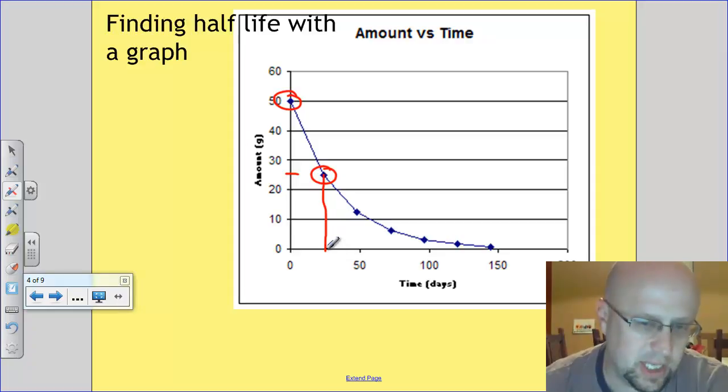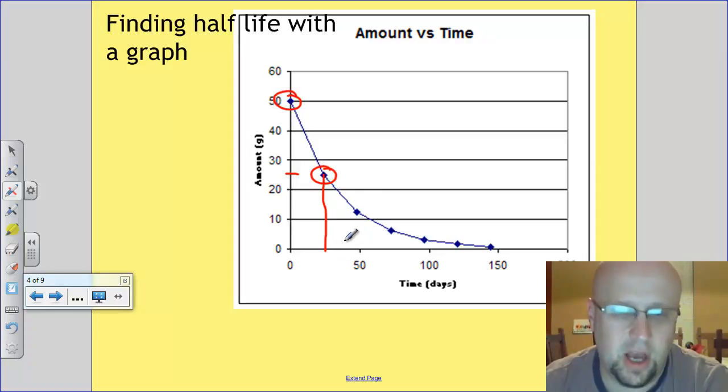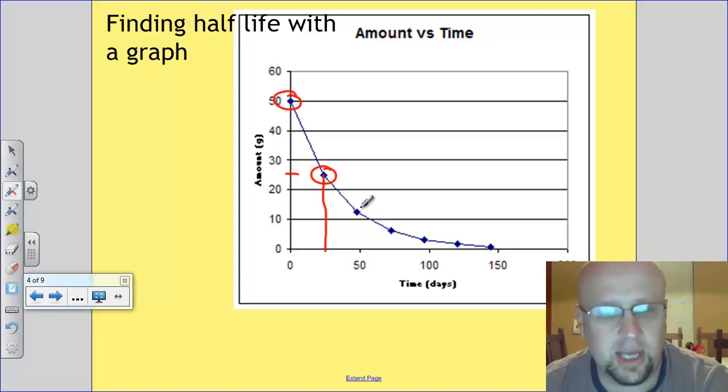And it looks like that is about 25 days. Maybe a little bit less, maybe like 24 or something. And you could check that by going to the next half-life. Okay, so right here, that's at about